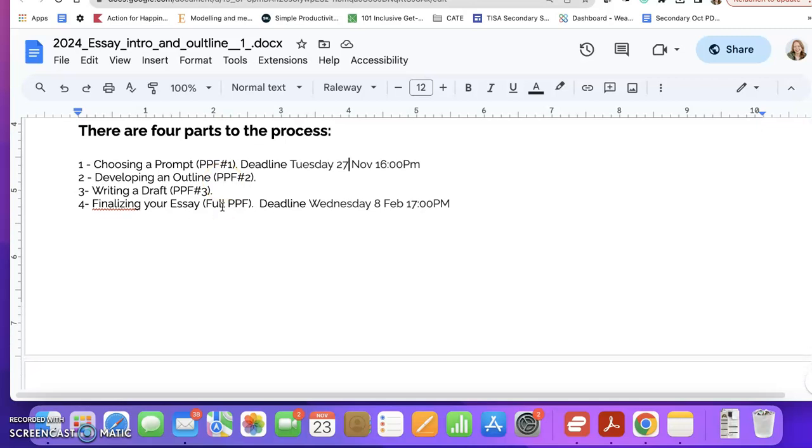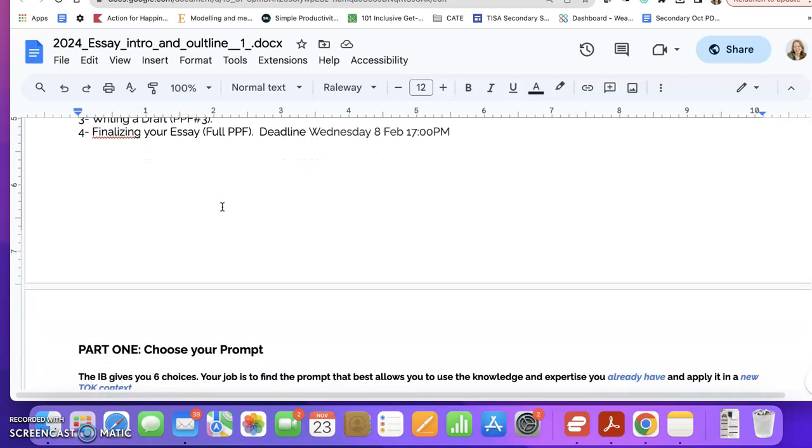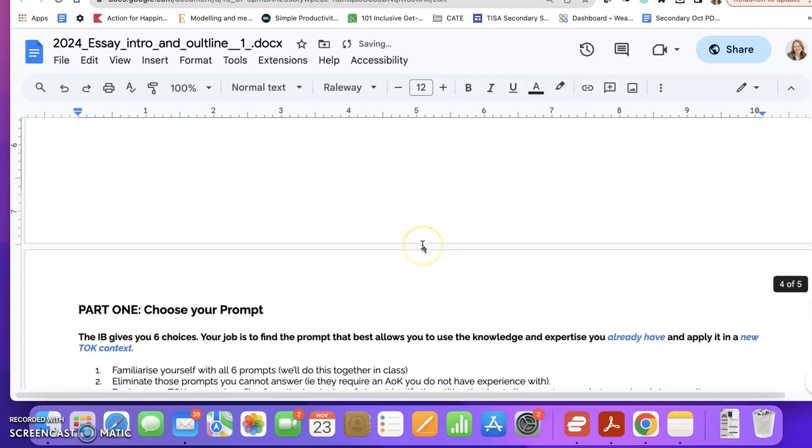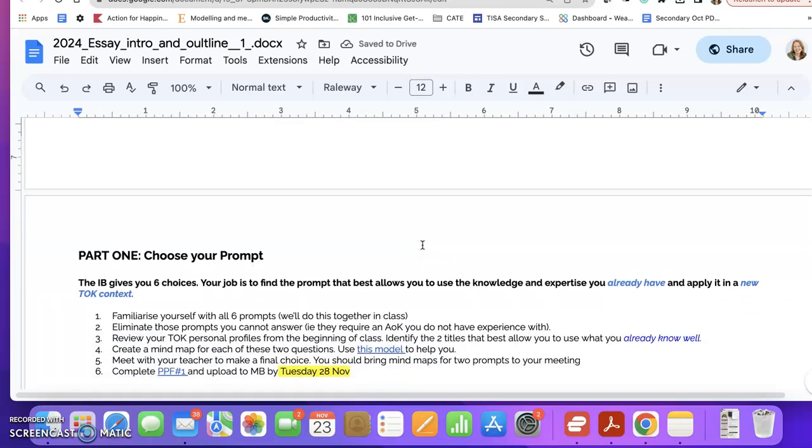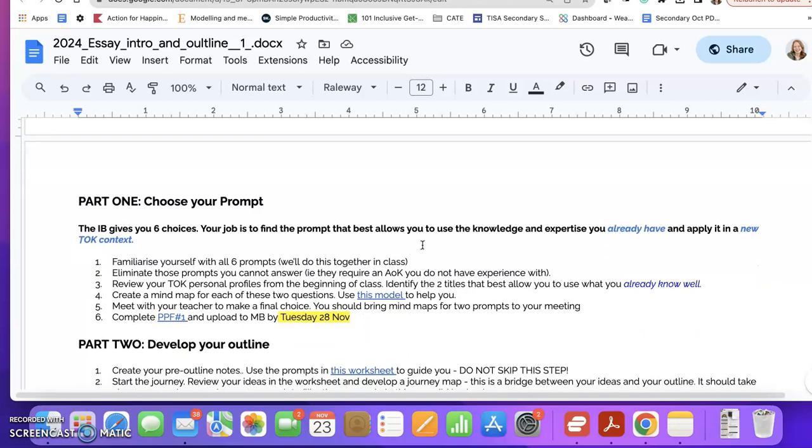The third step is developing your draft, and then I'll give you feedback on that and you finalize your essay. Last year's class did drag this out till February, and this year I wanted to make a change to that and have that due in January based on the experiences of last year's DP2 class that didn't really gain anything by dragging that process out. Also, your mock exams are later this year, and I want to make sure that you wrap up TOK with plenty of time to review for your exams.